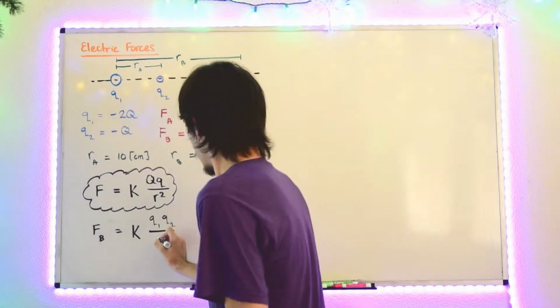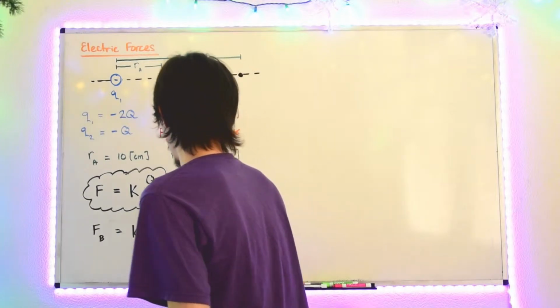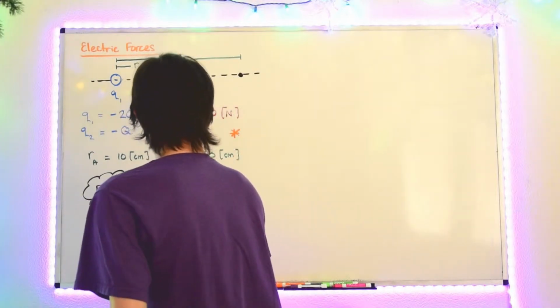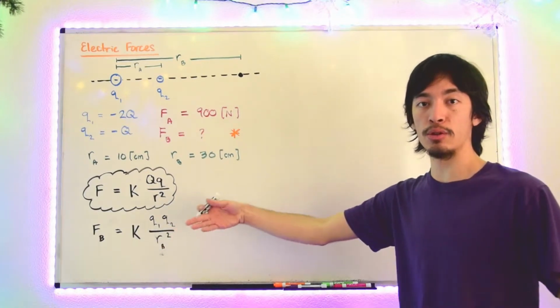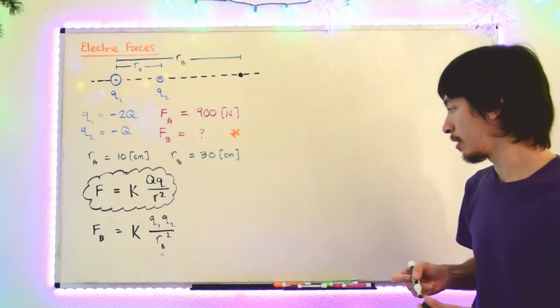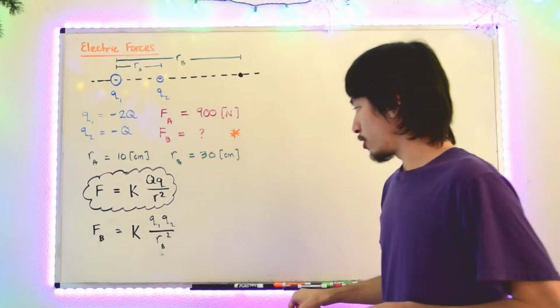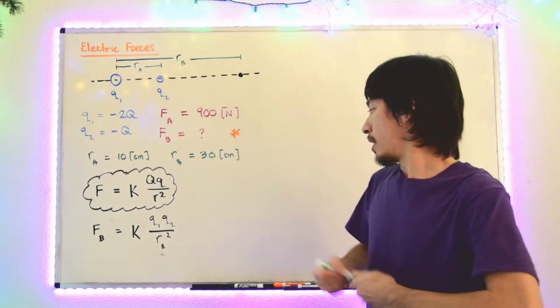Divided by the distance that separates the two in situation B squared. Whatever that distance is, we need to plug in the distance associated with situation B to get the force in situation B. Now, if we just do a quick check of what we have and what we don't have,